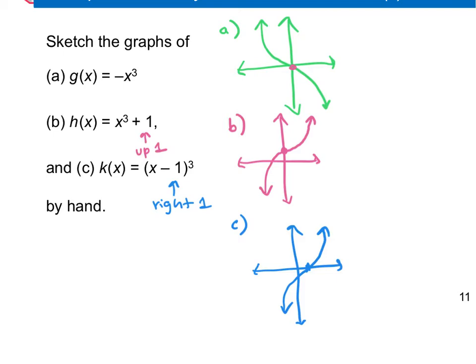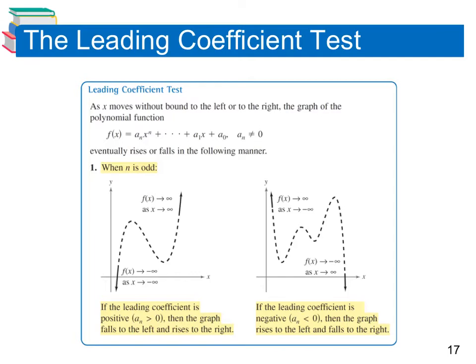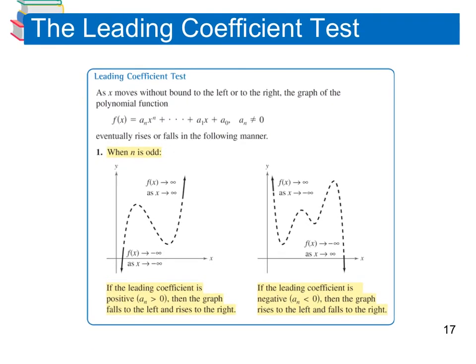Any questions so far? All right, next slide talks about the leading coefficient test. So when n is odd, we know that our end behavior of our graph goes in opposite directions. When describing our opposite directions,